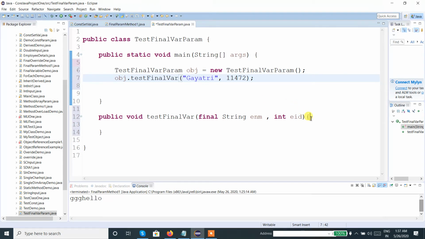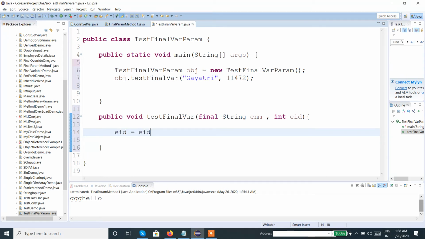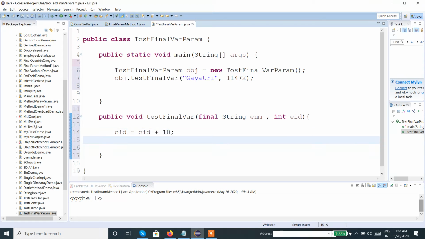Let's say I am adding 10 to employee ID. Now let's add some string to append the string to some other value.